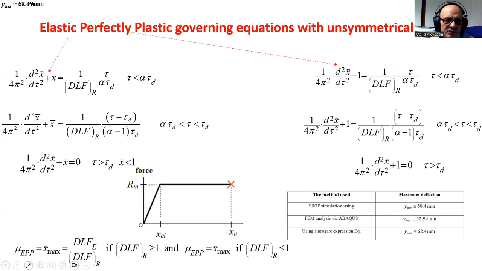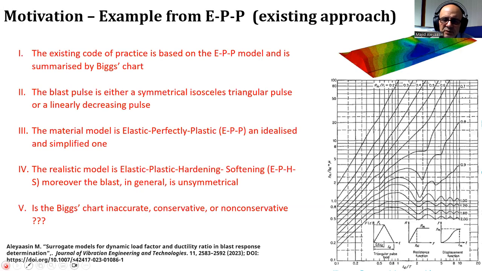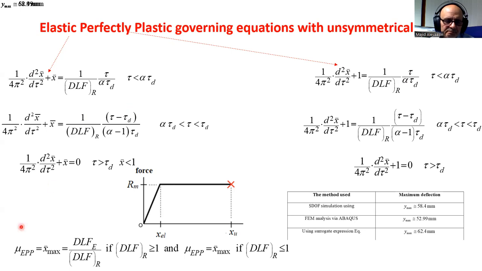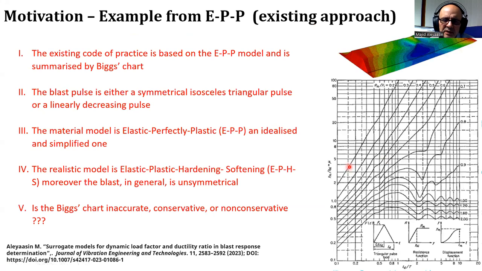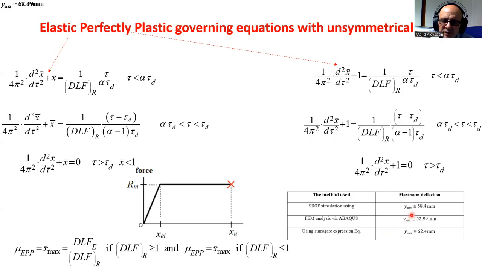And basically we read these values, which we call ductility ratio, from this curve or from the simulation here that I am doing. Okay, now if we multiply this ductility ratio by maximum elastic deflection, then we can find a deflection which we compare with the deflection that we have found from the high fidelity model with 14,000 degrees of freedom. Okay, now the comparison is done here.